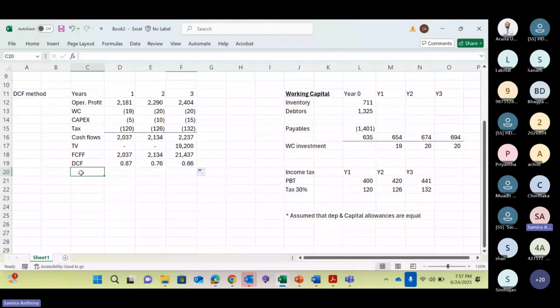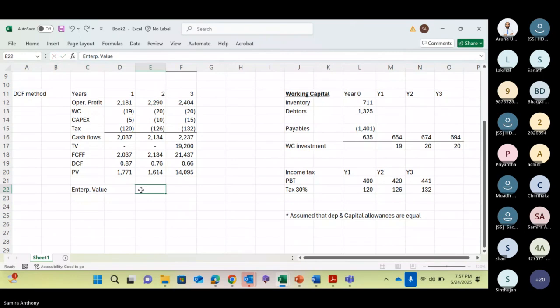Then present value. Then total of this is called enterprise value. Right? Enterprise value is the sum of these three. Then you have to reduce the value of debt,